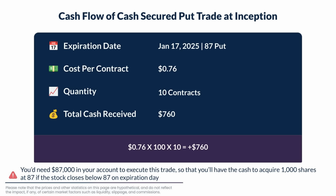And in this case, you received the price of 76 cents for selling these 10 cash secured puts. And remember that you'll be obligated to buy 100 shares of stock for each put option you sell if the stock closes below 87 on expiration day. So you multiply that price by 100 and you sold 10 of them. And so when you multiply it all together, you'll collect $760 in your account as soon as you enter into